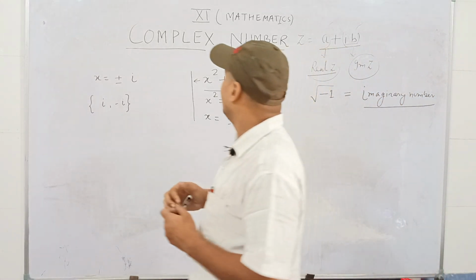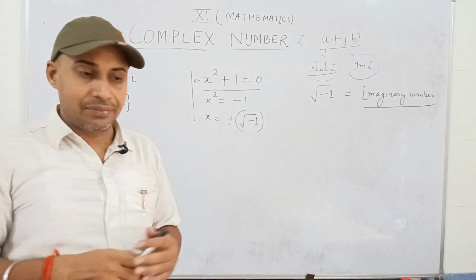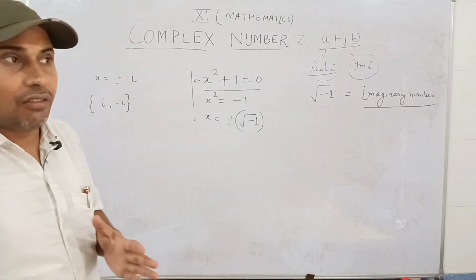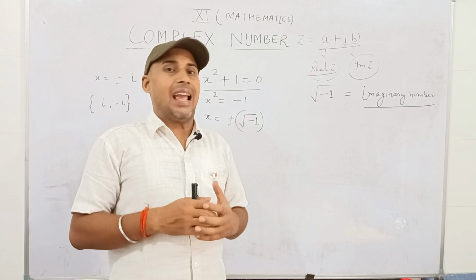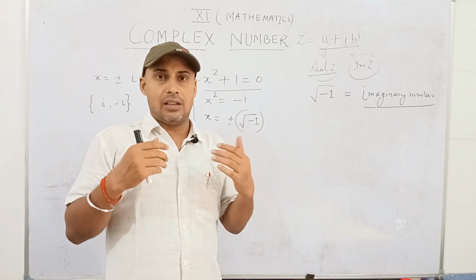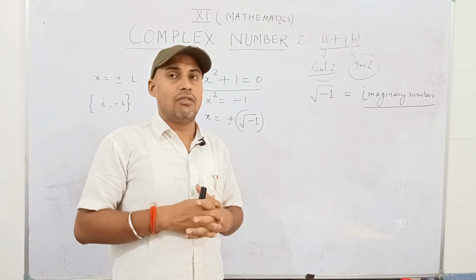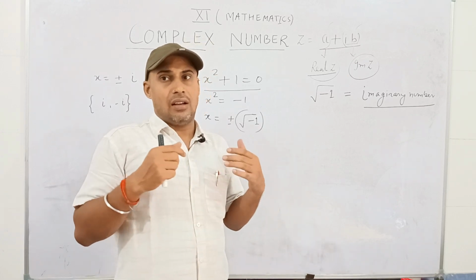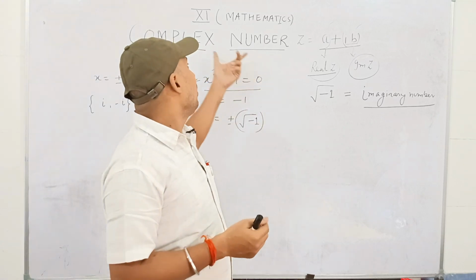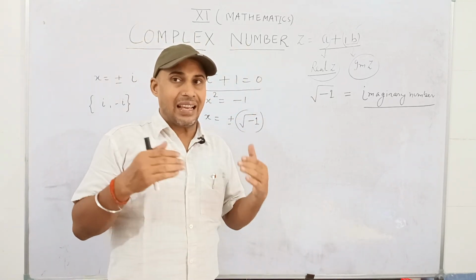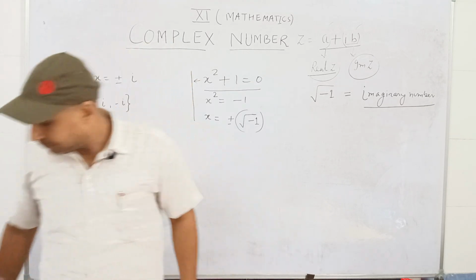So my topic is complex number, and a complex number consists of a real number and an imaginary number. It means a complex number is a form of real part and imaginary part. It makes the whole complex number, and a complex number is denoted by capital Z. चलिए जानते हैं।